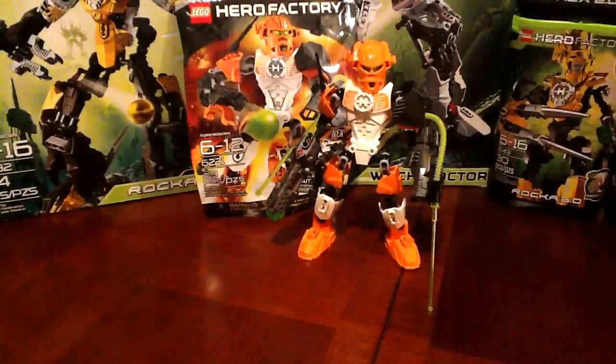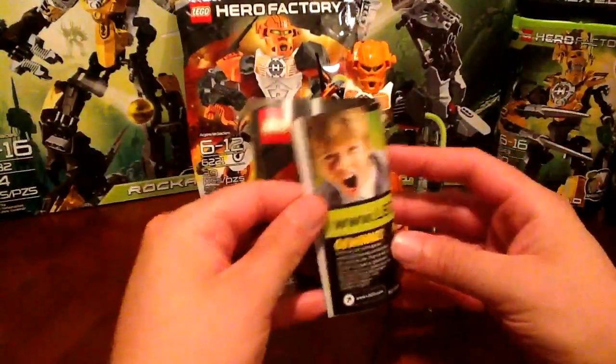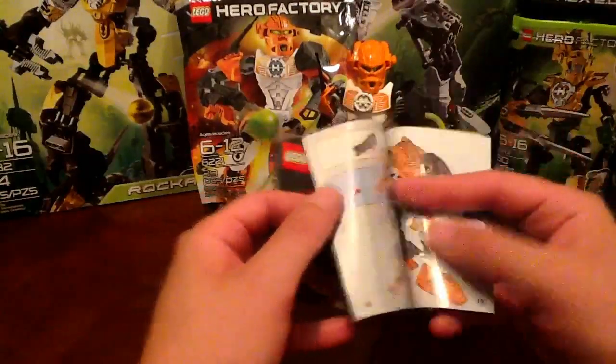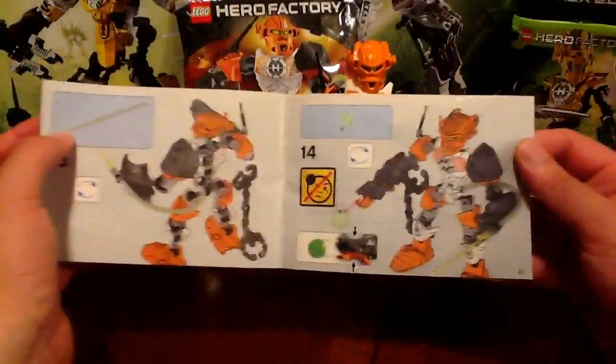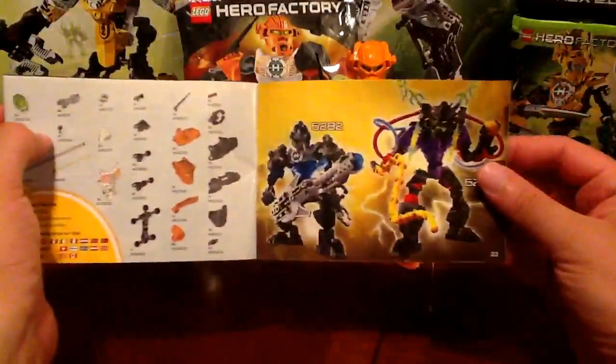We take a look at his instruction manual. We got it here. It's a pretty simple build. Very quick build, actually. It'll probably take you less than 2 minutes to build this figure. You're looking at about 21 pages of building. And what's cool on the back here, you can see a couple of the other figures,